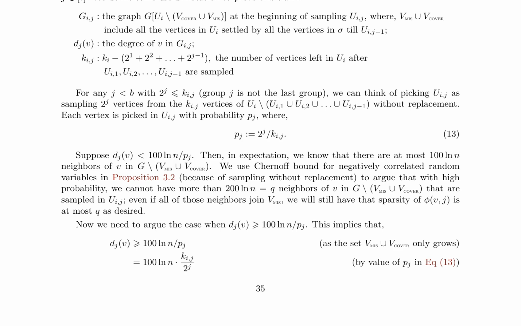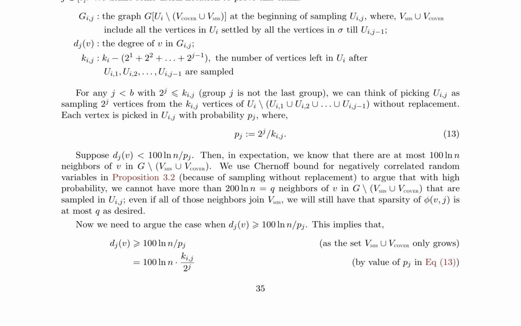Claim 4.11 is introduced to bound the probability that the zero-norm of phi, v, j star is greater than q. The claim states that for any j greater than 1 and any vertex v element of v, v-mis, if the zero-norm of phi, v, j minus 1 equals 0, then the zero-norm of phi, v, j is less than or equal to